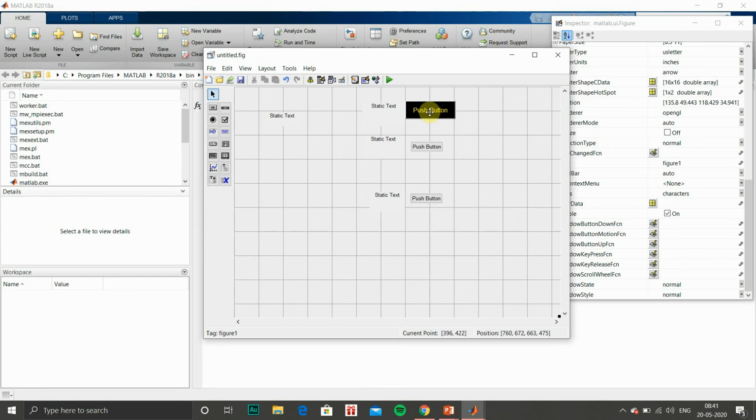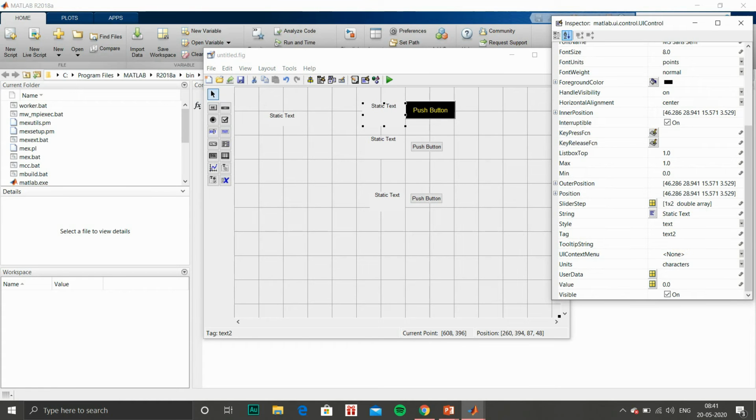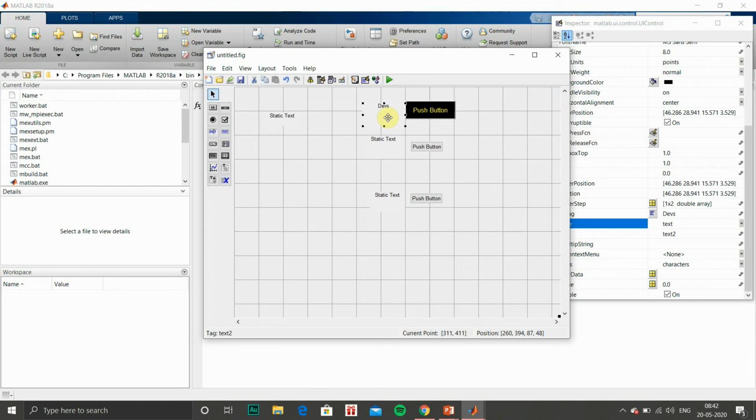We now know how to make a push button and how to enter static text. In place of string, type this and enter. So there has been a change, and you can give n number of voters. We can include n number of names and n number of push buttons.